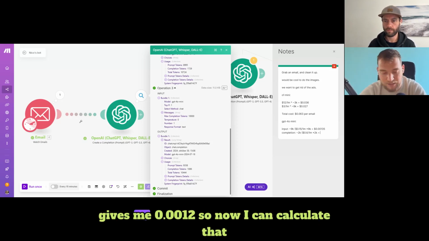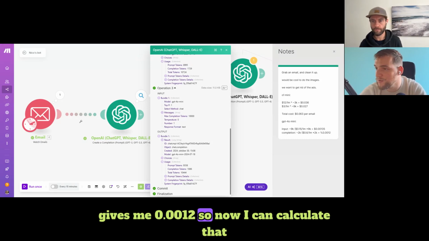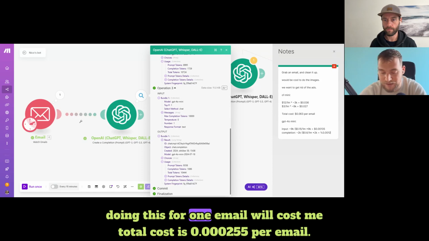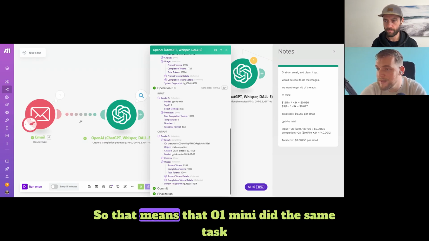That gives me 0.0012. So now I can calculate that doing this for one email, the total cost is 0.000255 per email, right? So that means that O1 Mini did,